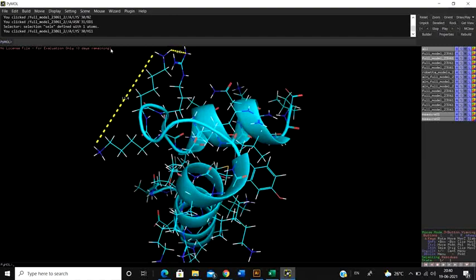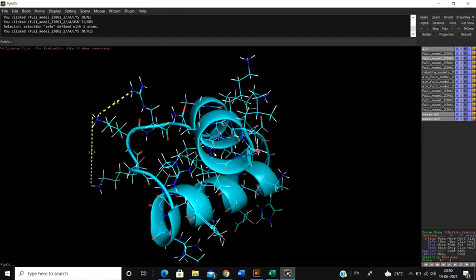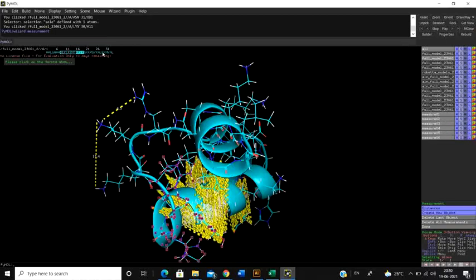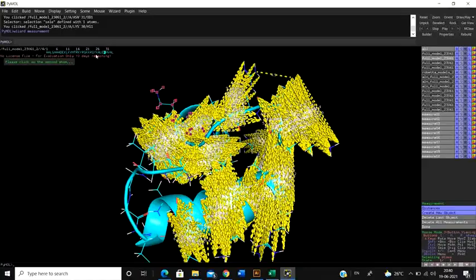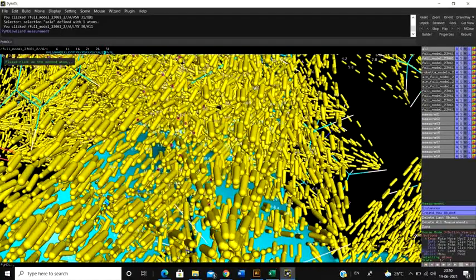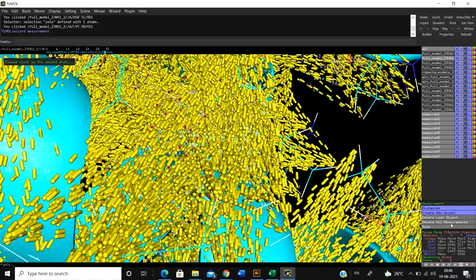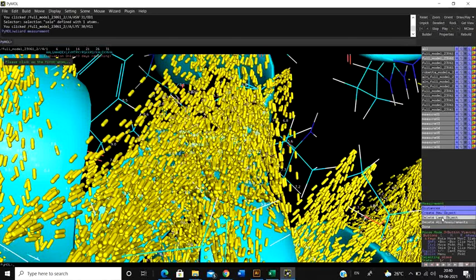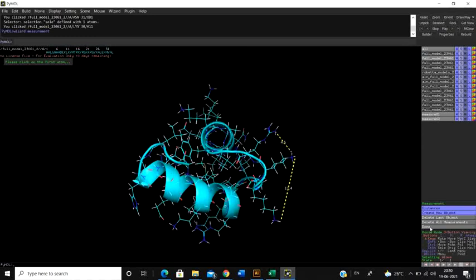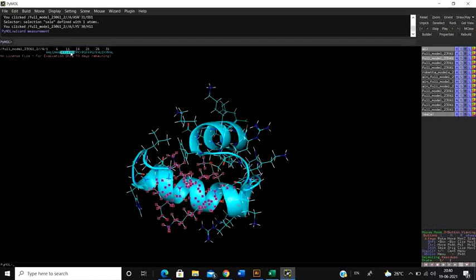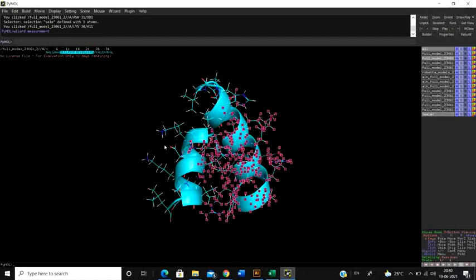Then it is done. The measurement panel closes up, and make sure you have the measurement panel closed, because if you mistakenly select a particular residue, it is going to try to find out the distance between all the residues that you have selected, and it shows all the different kinds of interactions. So generally you need to delete all the objects. Make sure after that you click on Delete All Measurements and then click on Done. After clicking on Done, you can click on a different part of it. Now see, it is not going to select or show the distance between them.